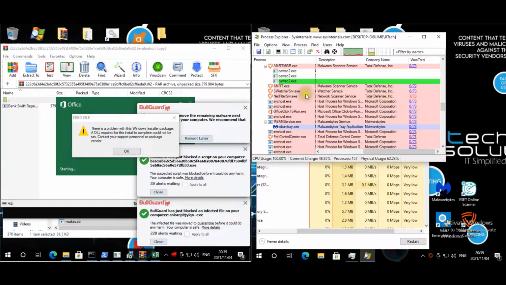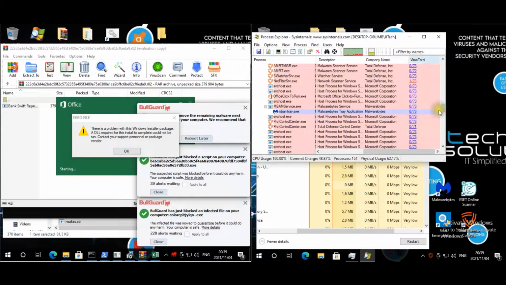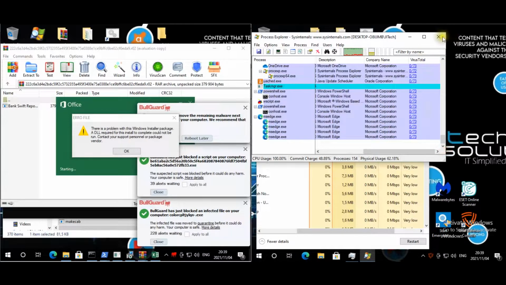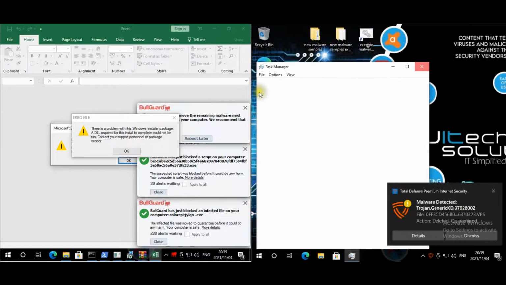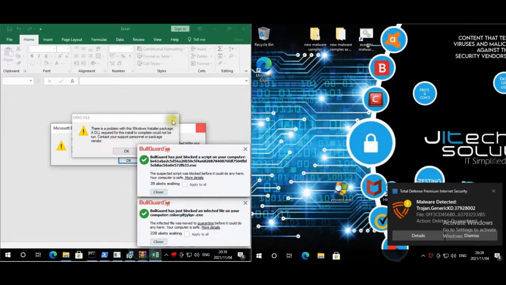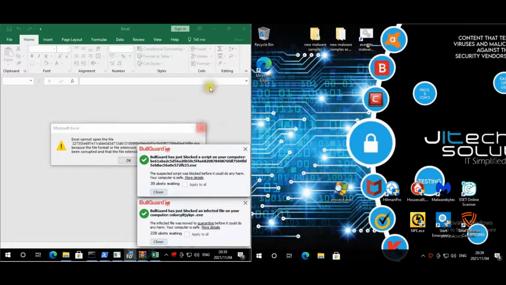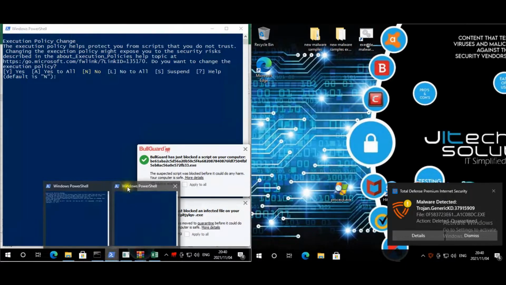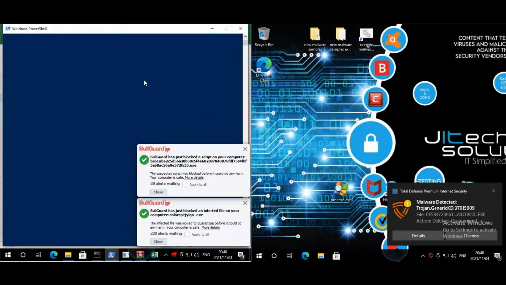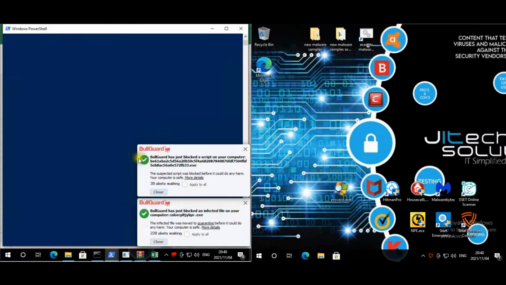It's only the one file, but nothing malicious. It wanted to restart to remove malware, so I'm going to do that. I'm going to reboot Bullguard as well. There was an issue or two where Bullguard, I think, did reboot it maybe three times, so I had